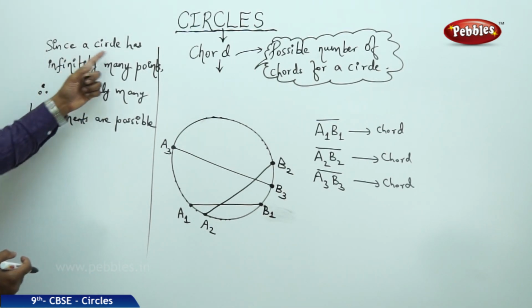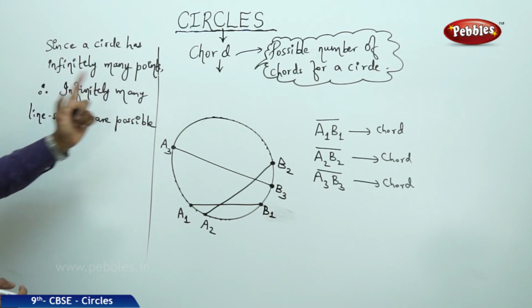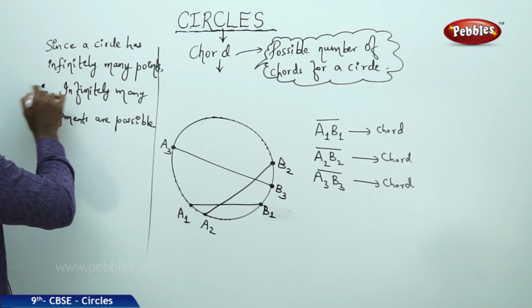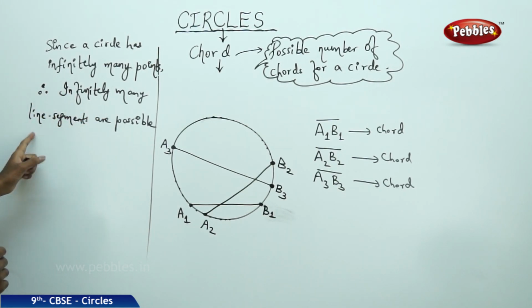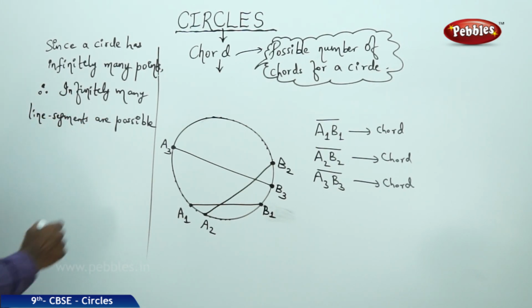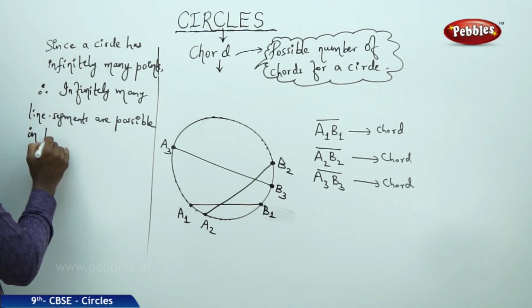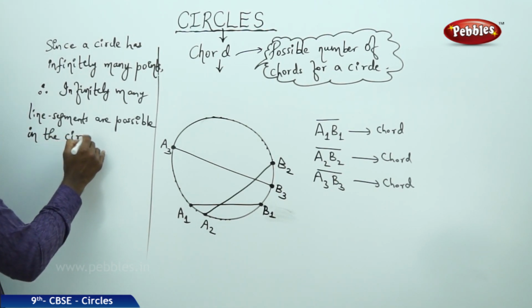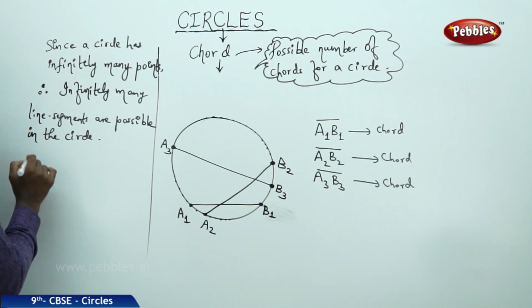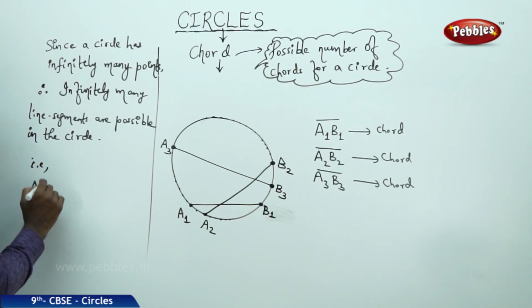Therefore, since a circle has infinitely many points, infinitely many line segments are possible in the circle. Therefore, that is, a circle